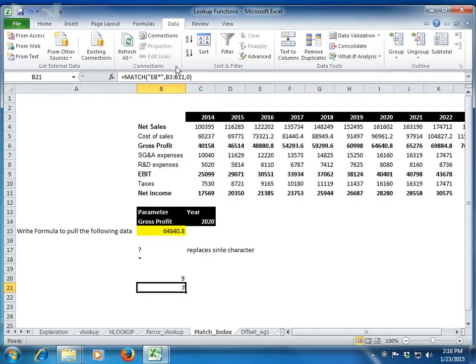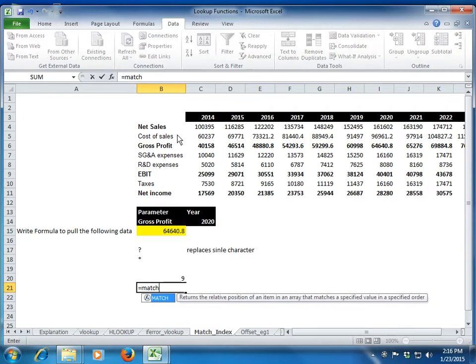So let me take an example. Let's say I write a formula, equal to MATCH. My lookup value is an asterisk. Let's say profit. I remember that there is something called profit, and I don't remember the spelling of profit, so I again replace it with an asterisk. In this case, Excel will look for any value which has PRO in it. So there will be some characters before PRO, then PRO, and some characters after PRO. Excel will pull that data for me.